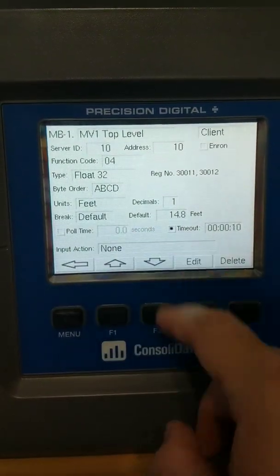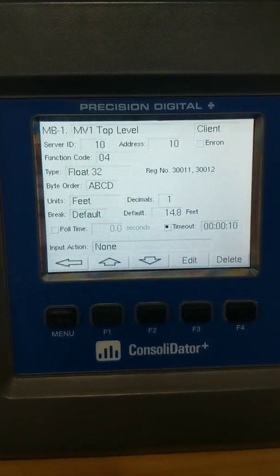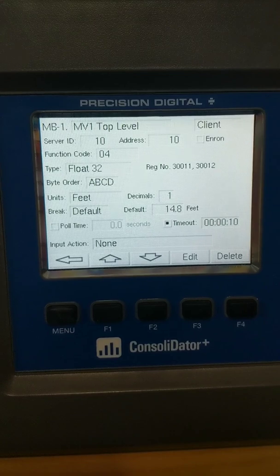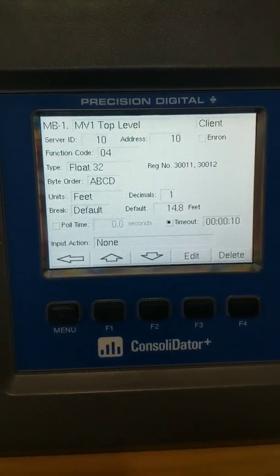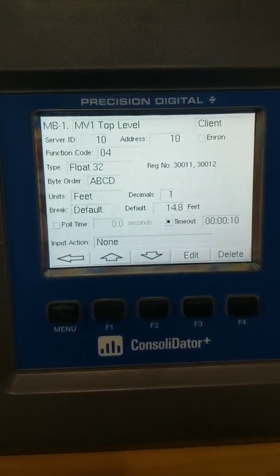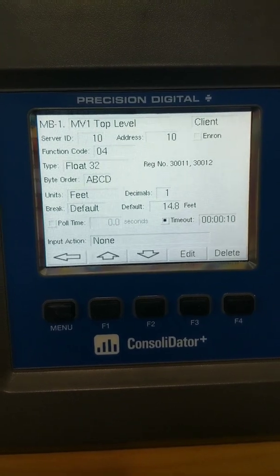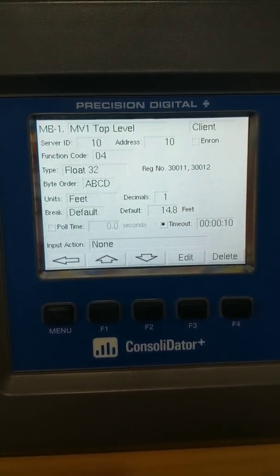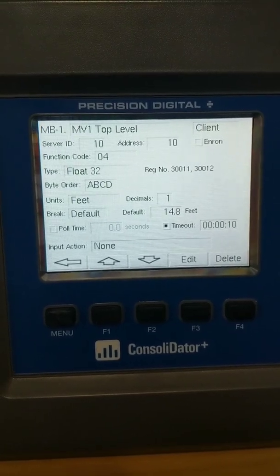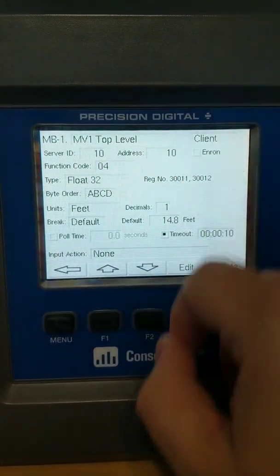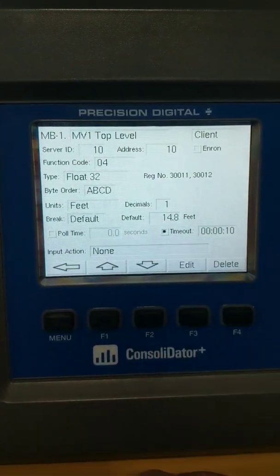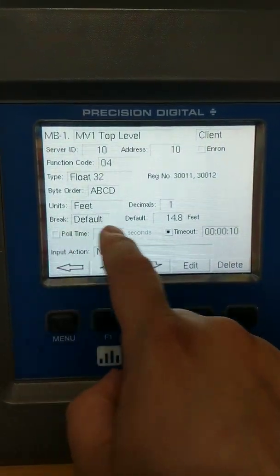There's all sorts of different ways I could program that to work. And then you have poll times and timeouts, which rarely ever need to get set up for these kinds of systems. I can even set up an input action if every time I want this to be read, I want to increment some other value, I want to add it to some other total, or some other kinds of advanced Modbus-based math functions. And that's it. So really all you need to do is fill in the information that you get from your Modbus device, tell it what the units are that you're reading. In the case of a float, give it a decimal place,